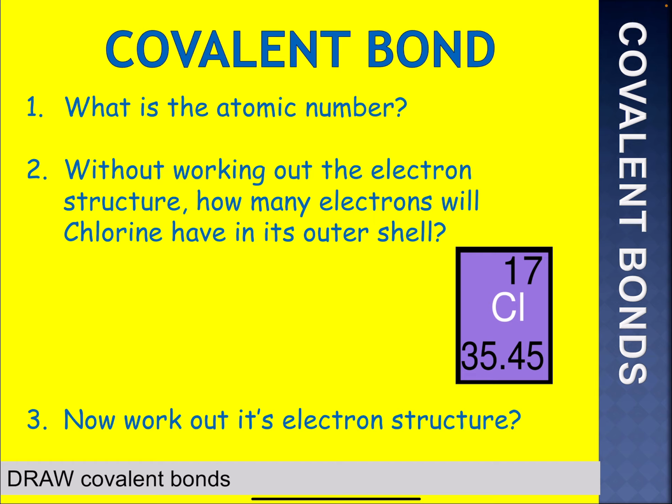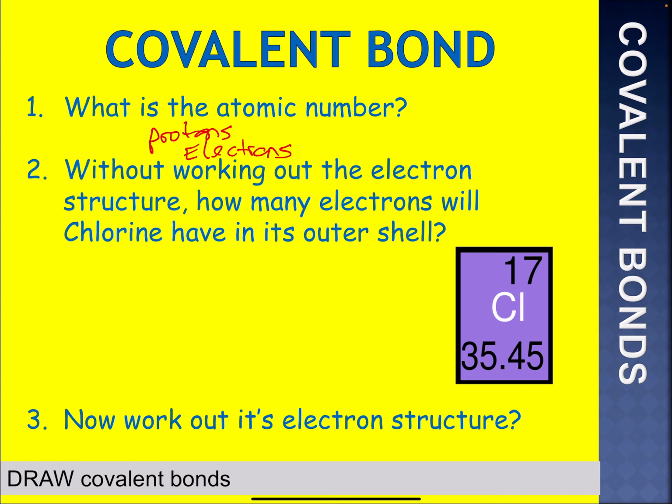What is the atomic number? Pause the video here. So let's have a look. What's the atomic number? Atomic number is the number of protons, but it can also be the number of electrons. Number 2,